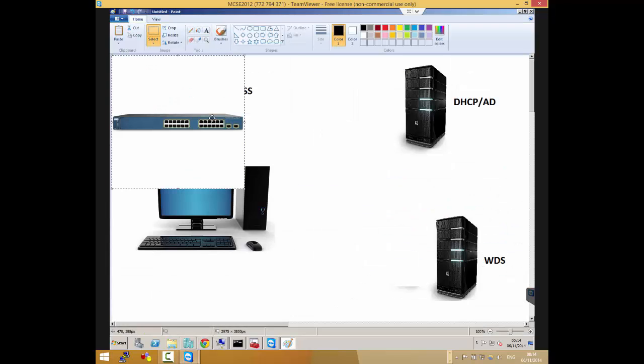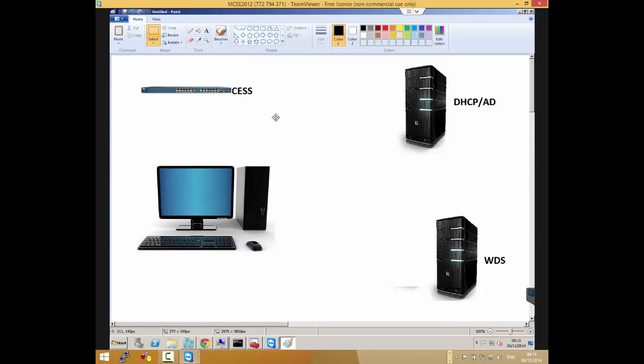So I have everything now: computer, server, switch. They are all connected together on this network.